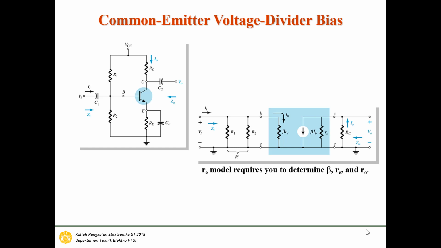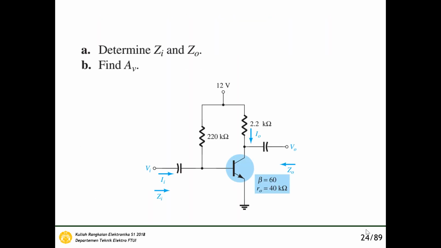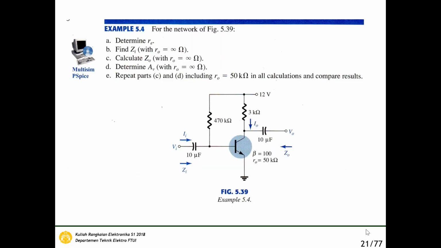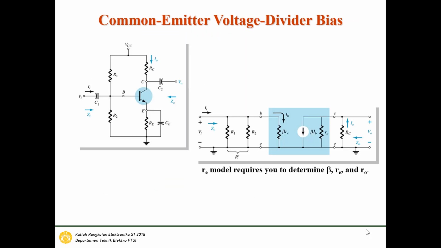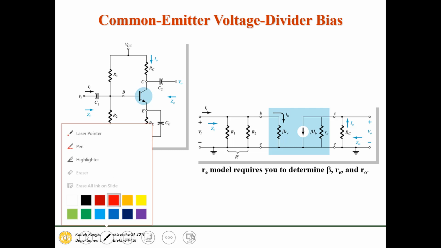So today we will continue with another configuration called the common emitter voltage divider bias. Last week we already discussed the common emitter fixed bias. Okay, as you know, the difference between the common emitter voltage divider and the fixed bias is that in voltage divider we have another